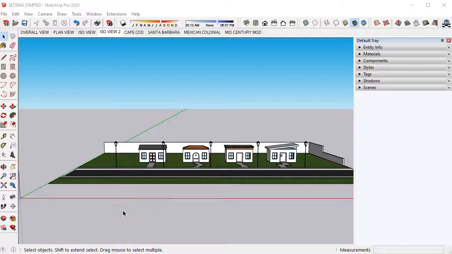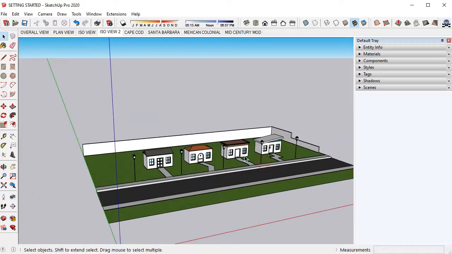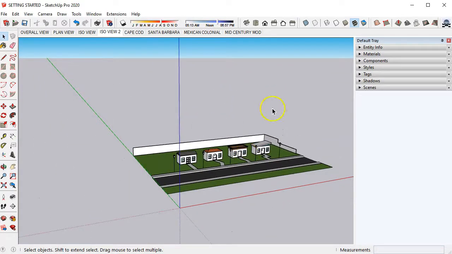This video is for step number 21, placing a background photo behind your model. So after you have finished your site plan, and for right now I've turned off my trees just so you can see a little bit better, I would like for you to insert a photo by going to File,